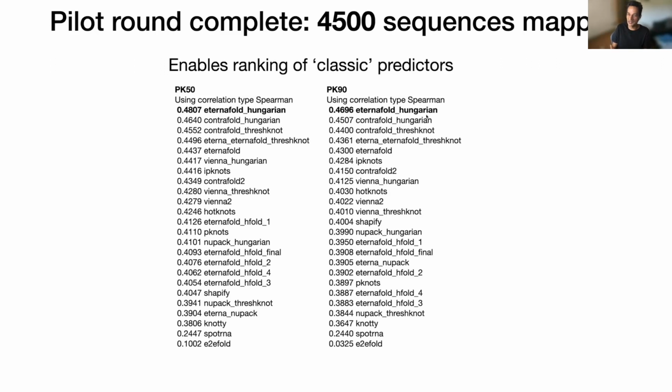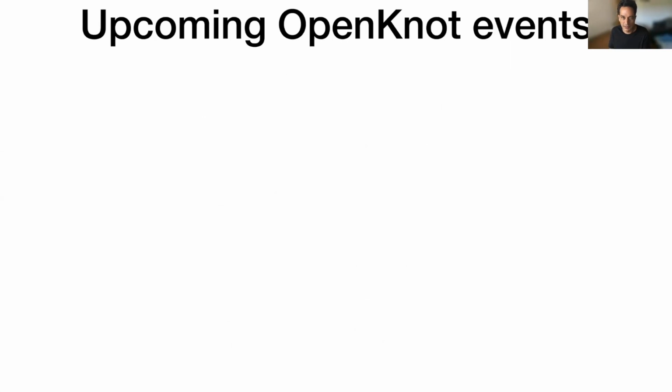But I think it's super exciting because these are the first turns of the crank in that strategy where we're using our data, especially these diverse designs from the Eterna community, to then figure out what algorithms you can use to design and discover RNAs. Okay, so it's happening. Okay, so I thought I'd end here by